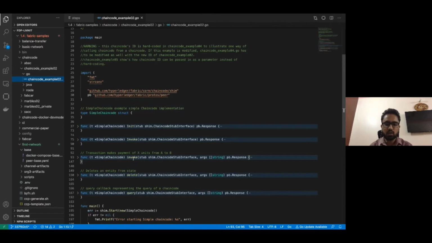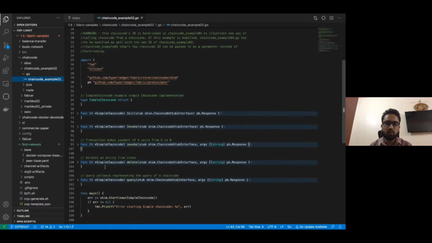Suppose if we want to transfer an amount from account A to account B, then there is one function inside the smart contract that will do that transformation.